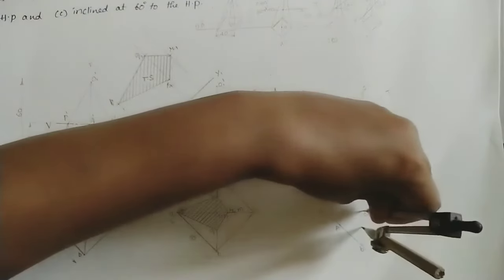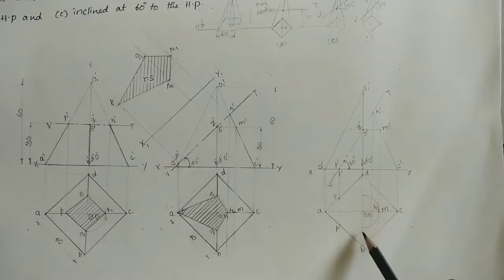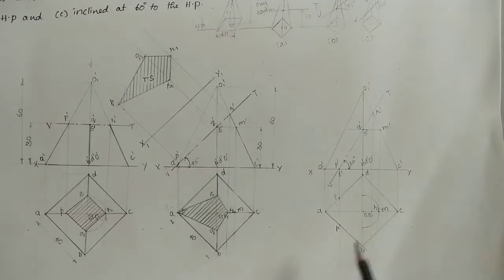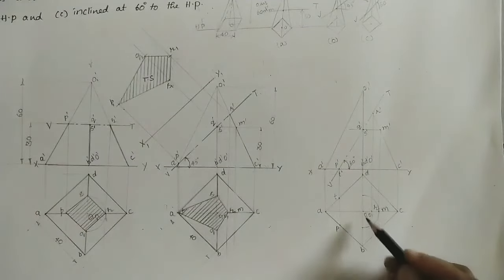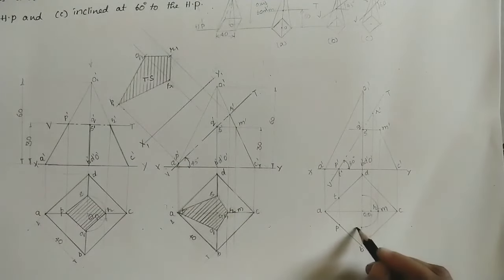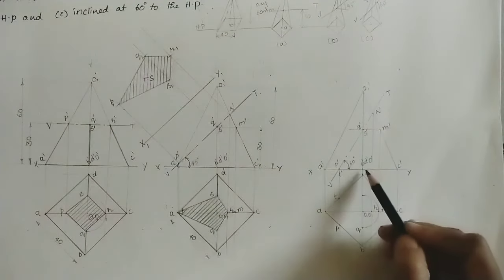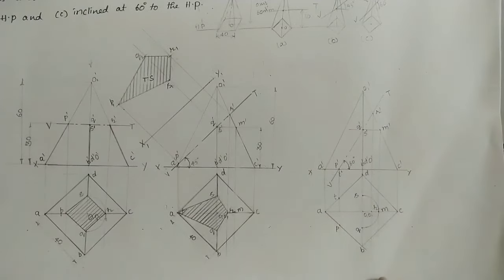So this side also extend the arc. Now this arc is touching this axis line at 2 points. Here one intersection point, here one intersection point. Okay, mark these points here and here. Mark initially Q point. Where is Q point? On OB. On OB, mark this point as Q point. And mark S point. Where is S point? On OD. On OD, mark this intersection point as S point.